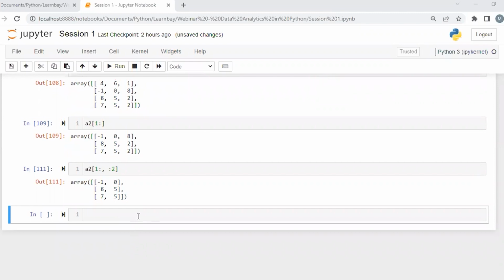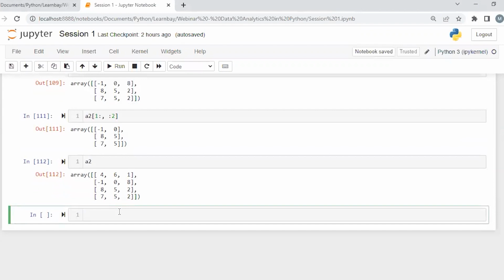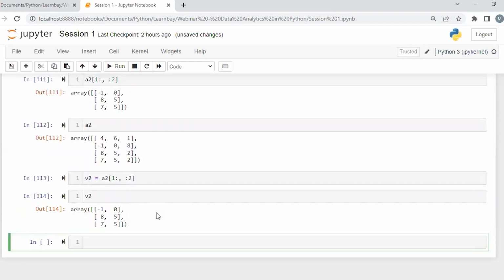Here also, you can create a view, right? We spoke about creating a view. So let's say I create V2, which is using slicing. So what I do is I do A2 of 1 colon, the previous one only I'll use, and colon 2. So V2 I'll get this, right? So V2 of, if I do V2 of